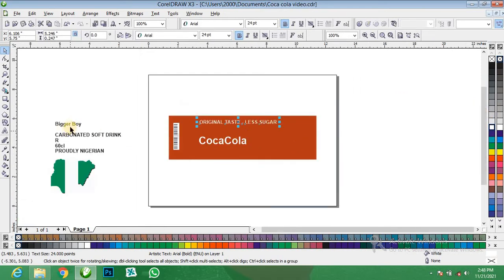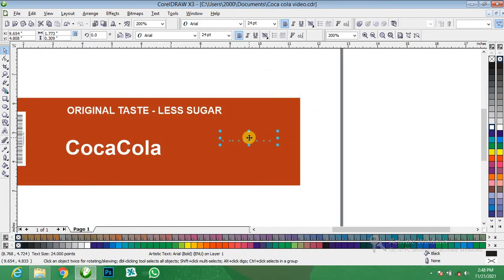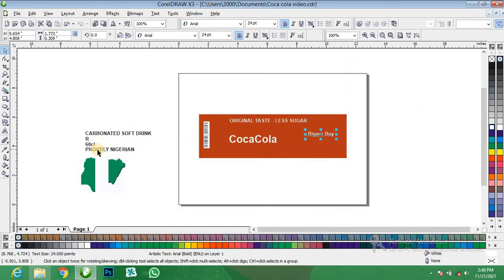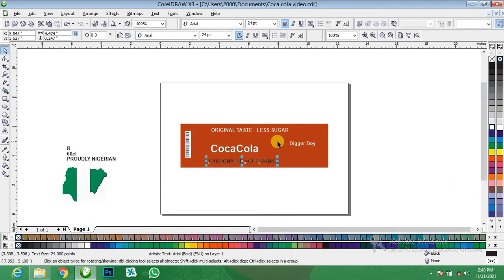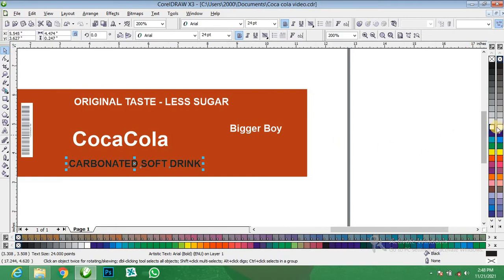We want to bring in all the text inside before we start. This bigger ball will be here. Page up. Give it white. Bring in this carbonated soft drink. Control Page Up also to bring to the front page. Give it white.